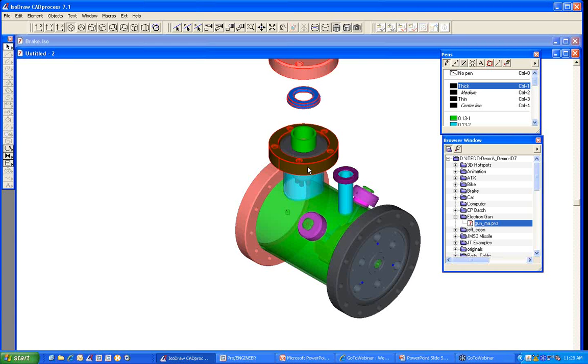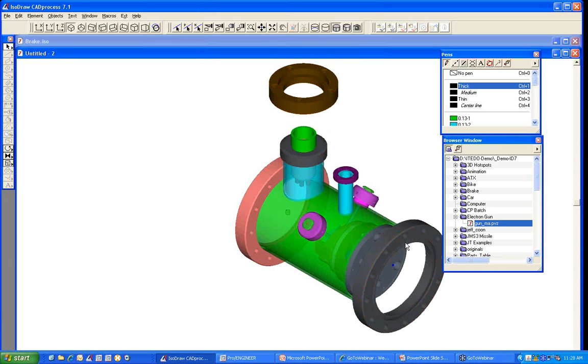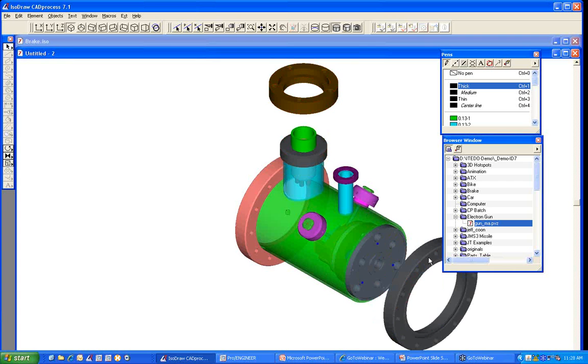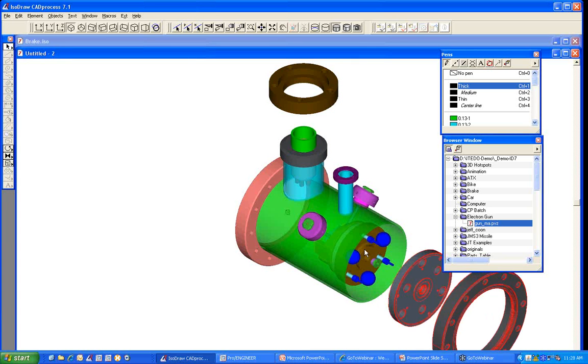Good. So we got those out of the way. And then we'll come down here. We'll grab a few parts on this and pull them out as well. Over here we look at this. It looks like a series of electronic components inside of here. How do I grab all these things? Well,